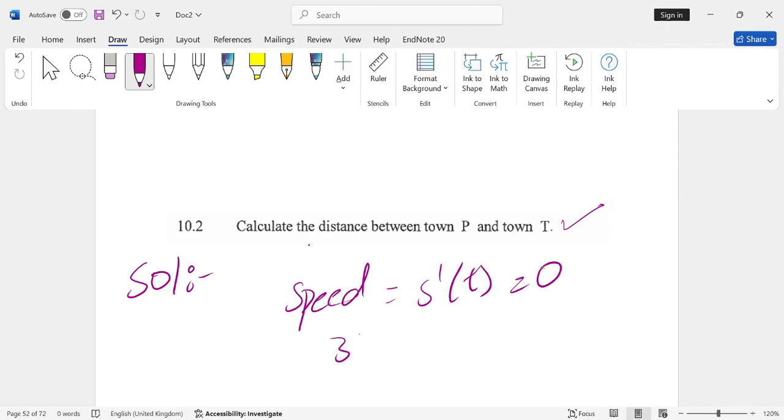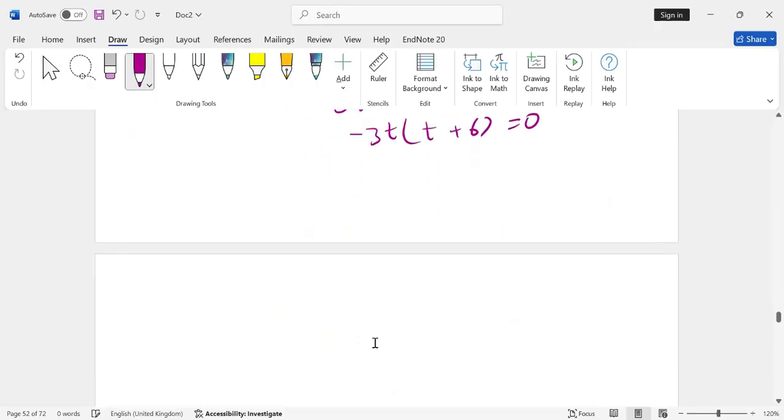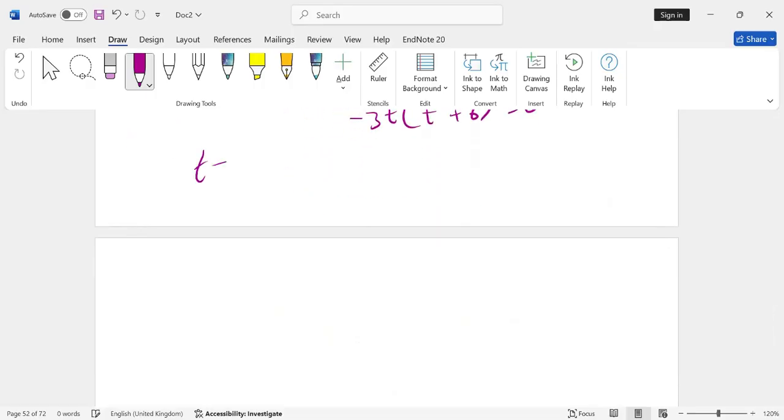So minus 3t square plus 18t equals 0. We factor out minus 3t as common, and we have t minus 6 equals to 0. Here we have two solutions, t equals 0 and